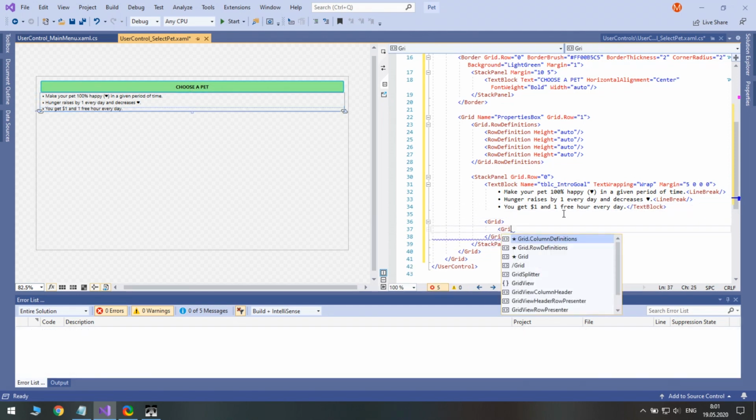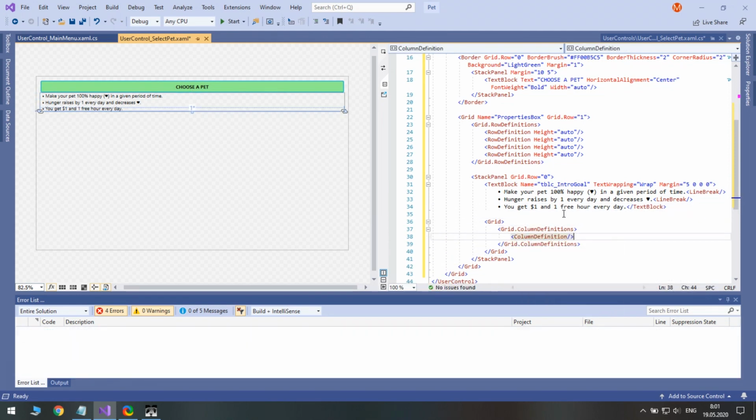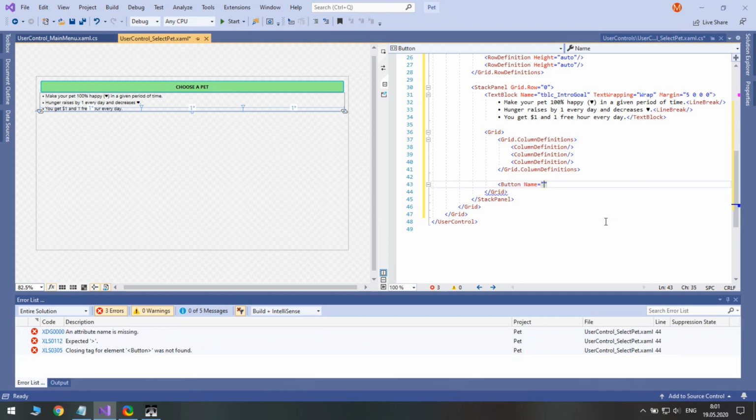Below we will place statistics and buttons for changing it. We will need a grid with 3 columns. The first button will add wins, so it will be collapsed by default.